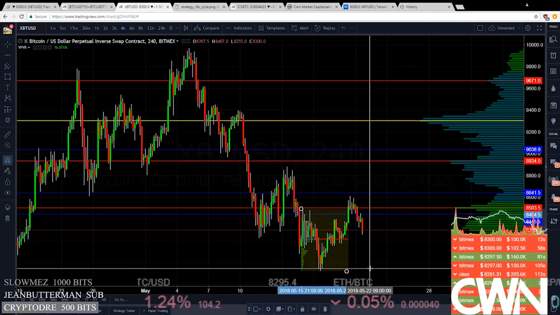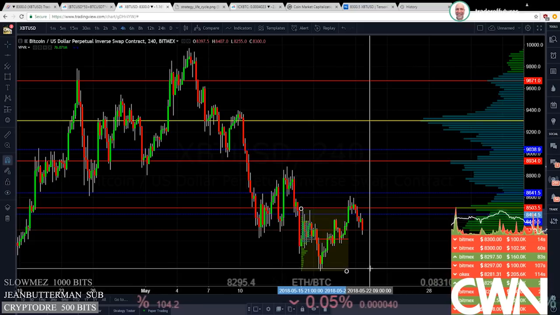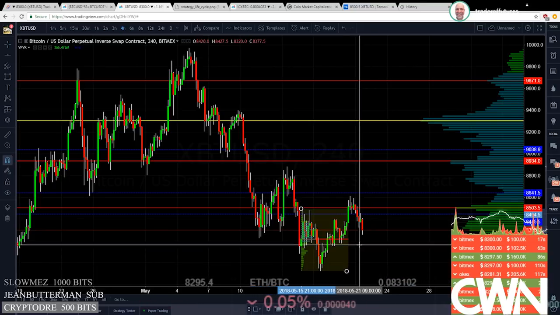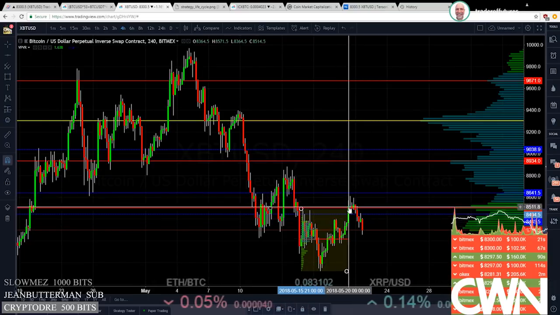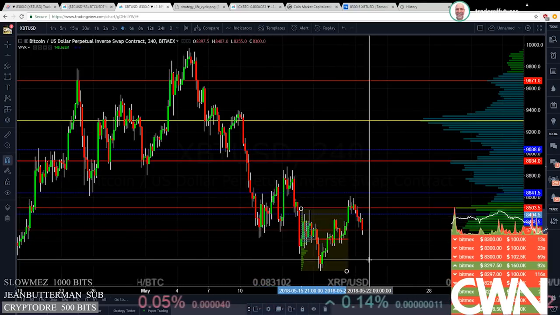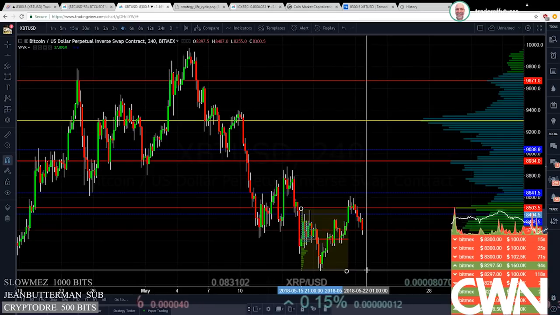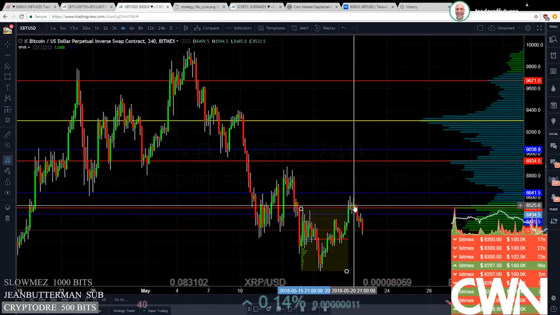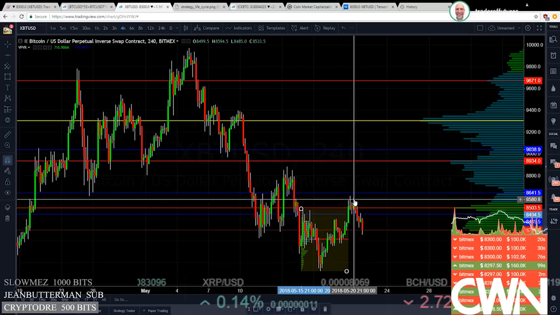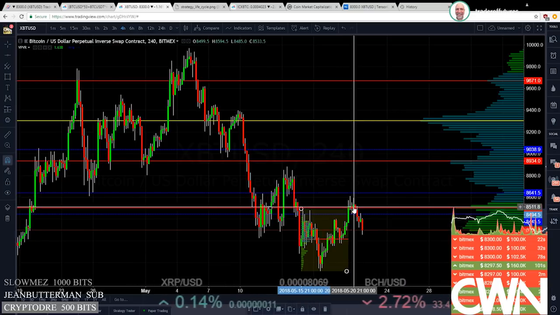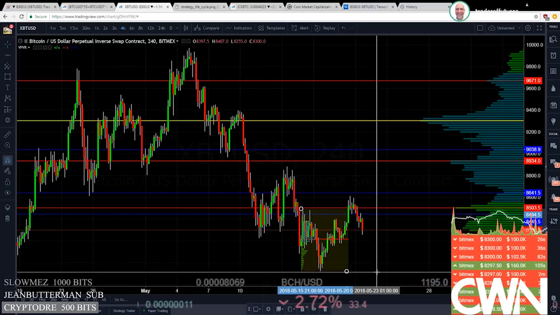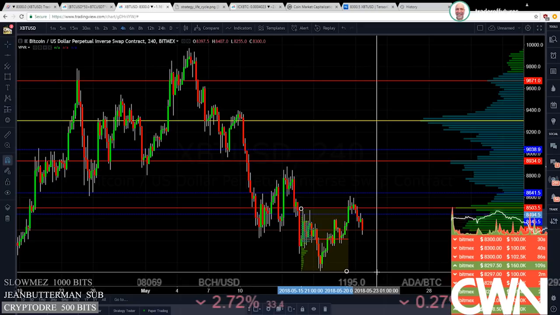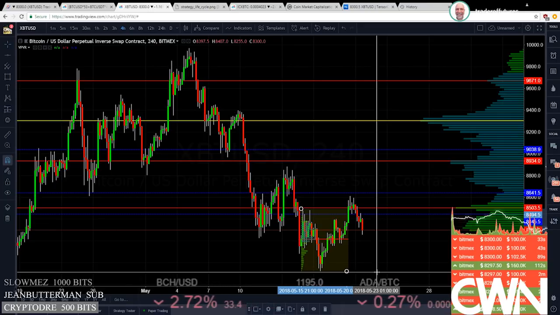But once you start looking at the behavior of these things over and over, things happen over and over. You can take a shot at these trades, and a lot of times they work out, and they have really good risk to return. I mean, your risk is maybe this blue line, and your potential profit is way down here. From here to here is only 100 points, but from here to here, I can't see it, but I'm going to guess that it's probably more like 500. There's a 1 to 5 risk to return.